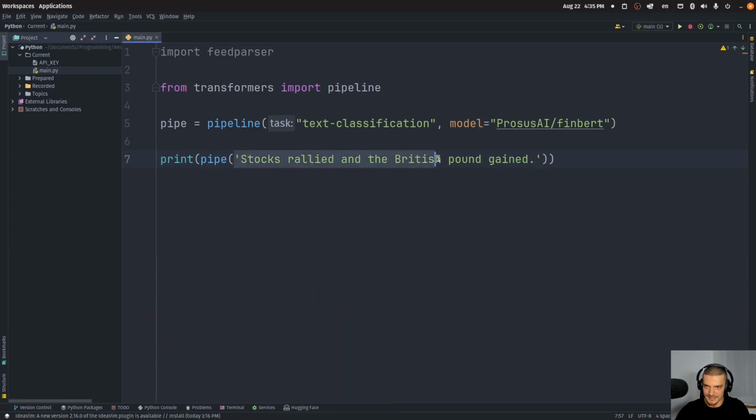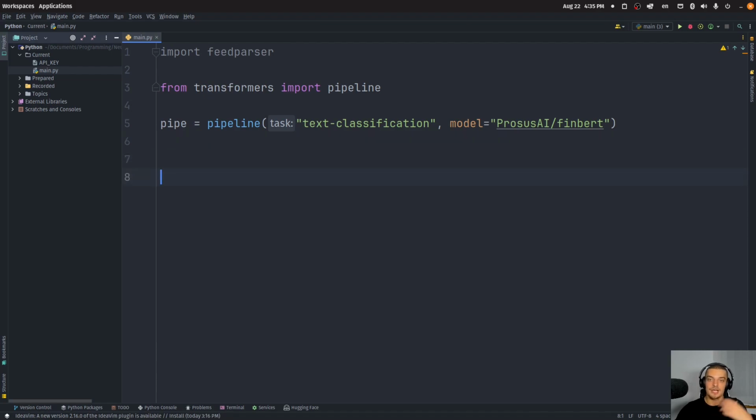Instead of feeding in static text, we're going to load text from the Yahoo Finance RSS feed, and we're going to feed it into the pipeline to get the sentiment. We're going to do that for a couple of articles, and then we're going to aggregate the results to get an overall score. So the first thing is we need to define the RSS URL. So RSS URL is going to be equal to